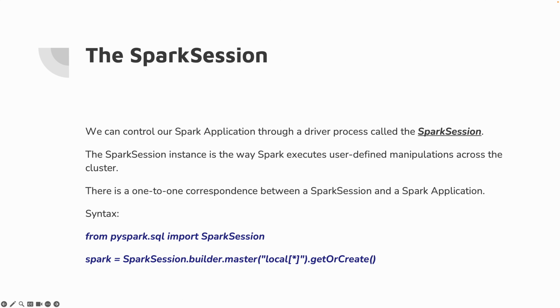There is something called SparkSession. Before we get into this particular concept, I'll try to refer to a simple example. If we are trying to go to a movie, or if you're trying to go to an exhibition, the first thing that we usually do is book a ticket or buy a ticket. So without a ticket, we will not be allowed into the theater or exhibition or any museum or any place, right? So if we have a ticket, we are allowed to watch a particular movie, or if you consider the example of an exhibition, if you have a ticket,